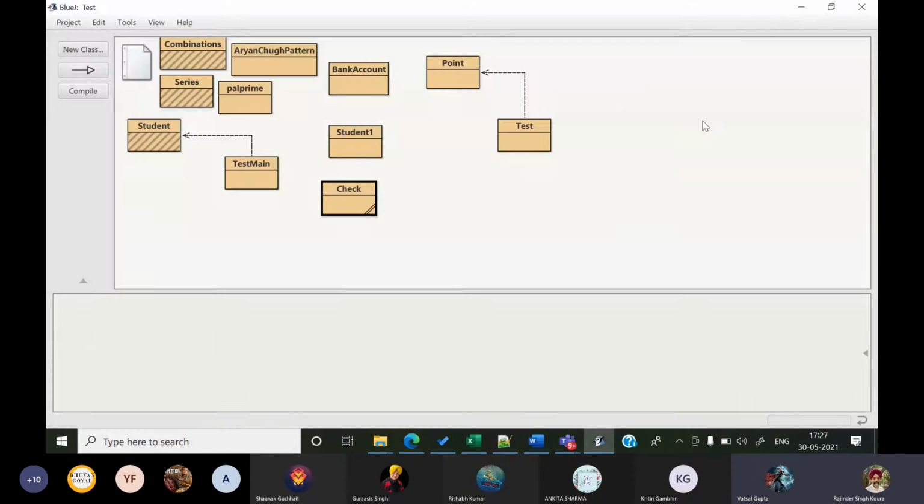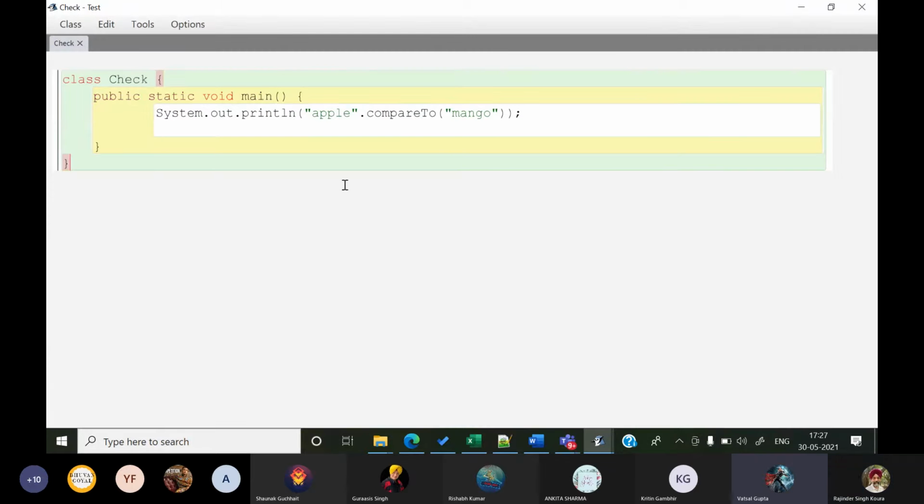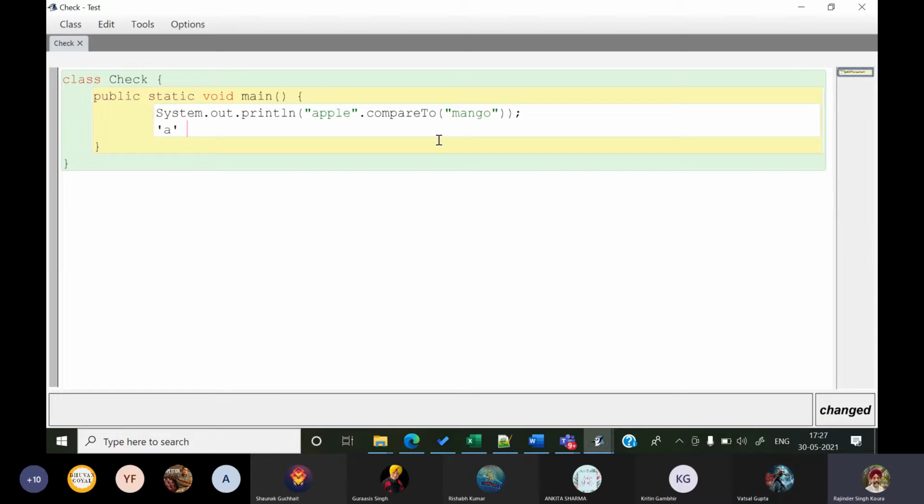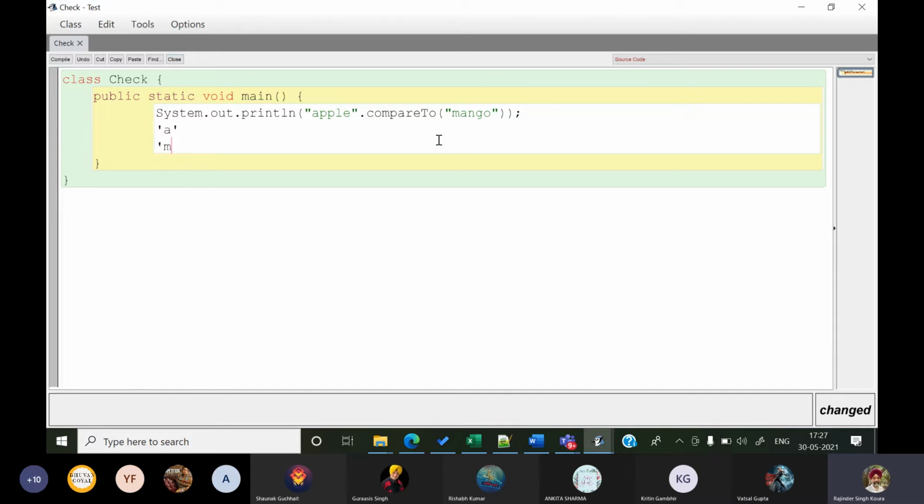Sir, in the Apple one, A would have 0 as the index, and M would have 13. We are not talking about index. We are talking about the difference between the value of A and the value of M. The value of M is whatever it is. Of A, we know that it is 97.